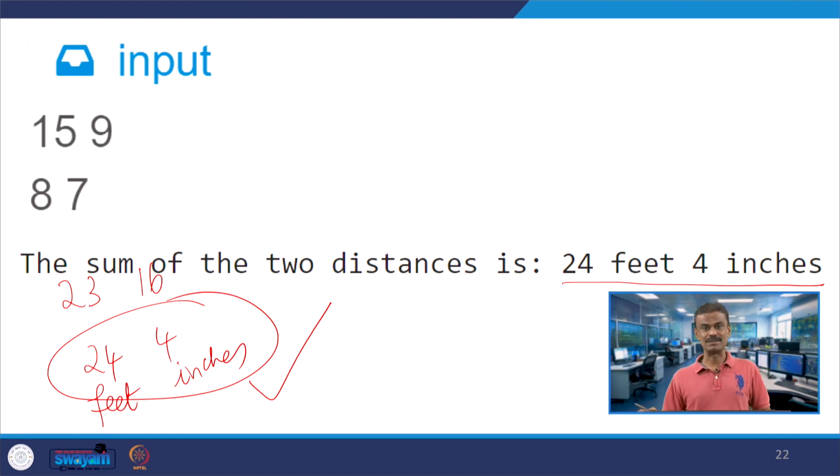In the last 2 classes, we have seen how to define a class and how to create an object, and we have seen 2 case studies in C++ as well as Java. So now you are able to write a program.